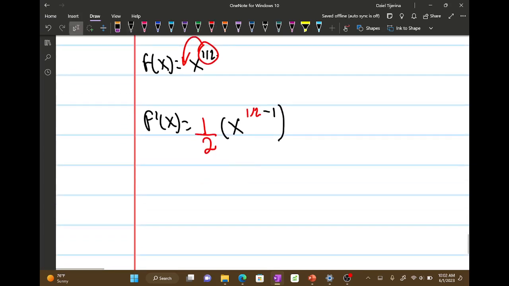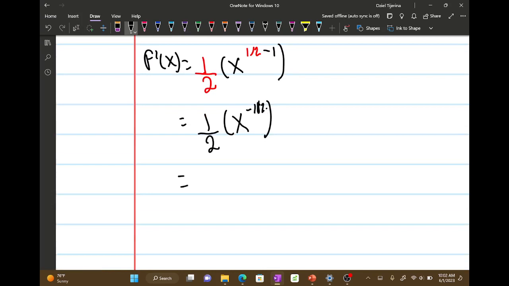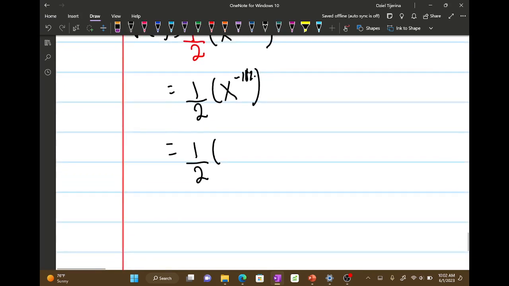And then basically this becomes 1/2 times x, and 1/2 minus 1 is negative 1/2. So this becomes 1/2 times x